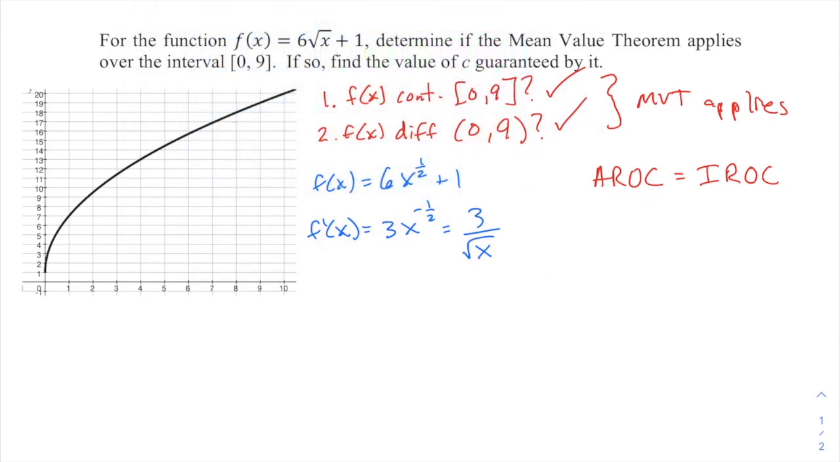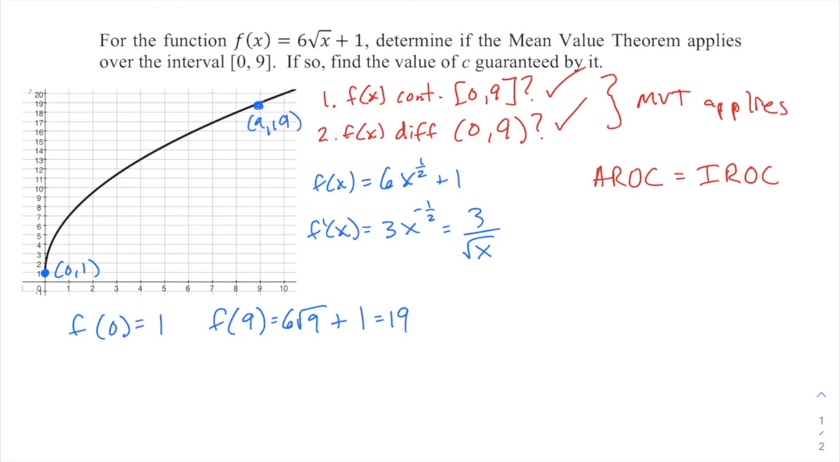by doing what is f of 0. F of 0 is 1. What's f of 9, the y value at the end of the interval? That would be 6 times square root of 9 plus 1. And that will be 3 times 6, 18 plus 1. That's 19. And you can see that on the graph here. There's 0, 1, and 9 comma 19